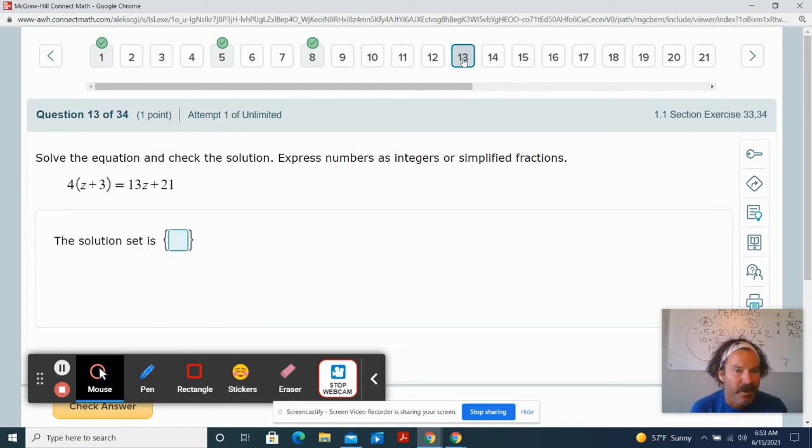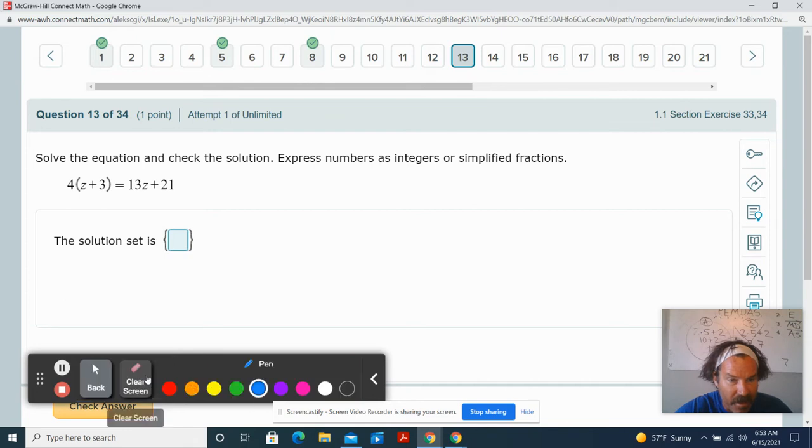This one here doesn't have fractions, but it does have parentheses. So what we want to do with the parentheses is get rid of the parentheses first. There's a property called the distributive property. That means we're multiplying 4 times z, and we're also multiplying 4 times 3. So that'll get rid of the parentheses. So that's going to be 4z plus 12